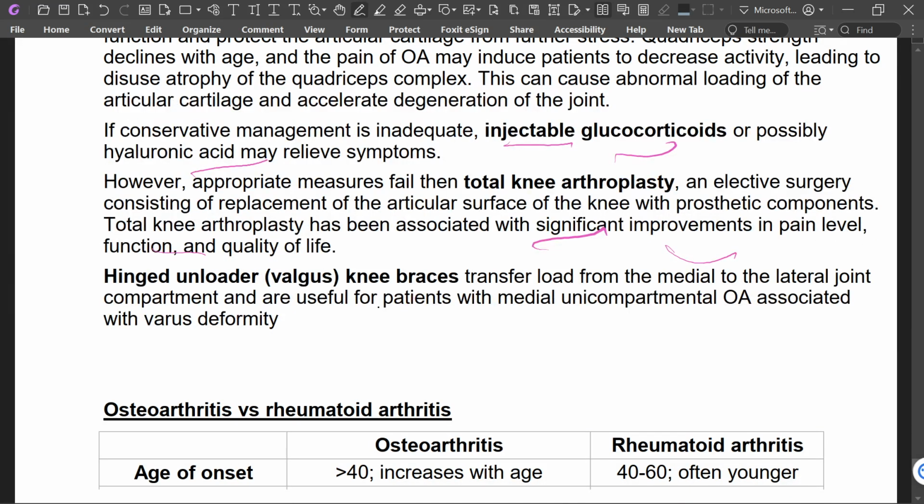Hinged unloader valgus knee braces transfer load from the medial to the lateral joint compartment and are usually useful for patients with medial unicompartmental osteoarthritis